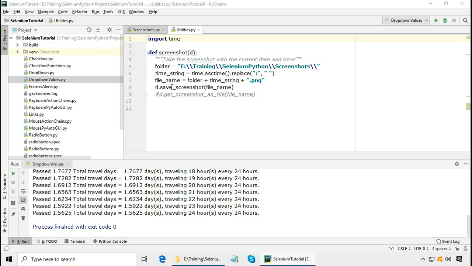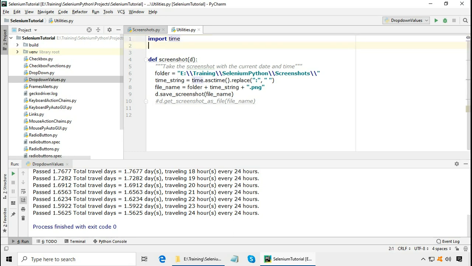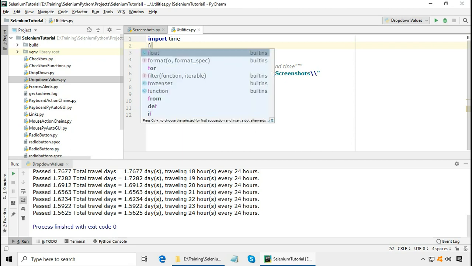Now one thing about saving the screenshot, if the web page is long, we should scroll and call the screenshot method multiple times for Selenium Python screenshot full page. Now let us work with utilities and use Python imaging library here. So first we need to import the image from Python imaging library.